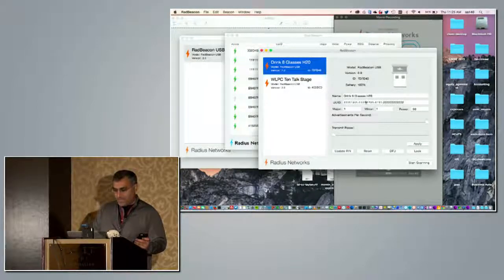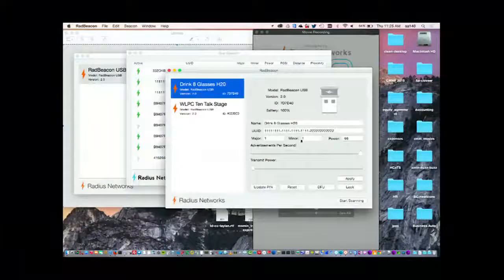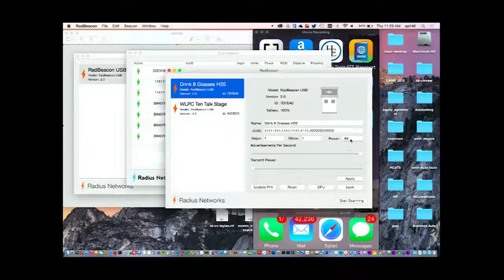Here's the UUID. The major is 1, the minor is 1, and the power is -99. This power is not, at least in this config utility, the power being transmitted. This is what they call the calibration power, and it's pretty tricky how this works, but the way locationing works